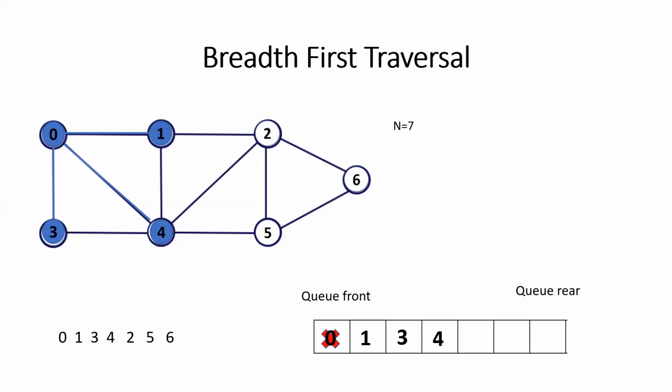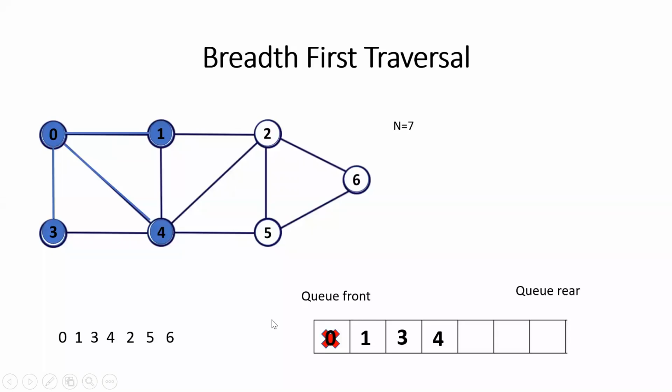Is it clear? Tanvi was asking. Or Akshaya? You didn't get it? In Tanvi, ma'am. Sorry, Tanvi. Okay. In BFS, we will be exploring all the adjacent vertices of the vertex which is in front of the queue. In this example, we have vertex 0 in the front of the queue. After exploring all the adjacent vertices, we should delete vertex 0 from the queue. So it is explored and deleted.